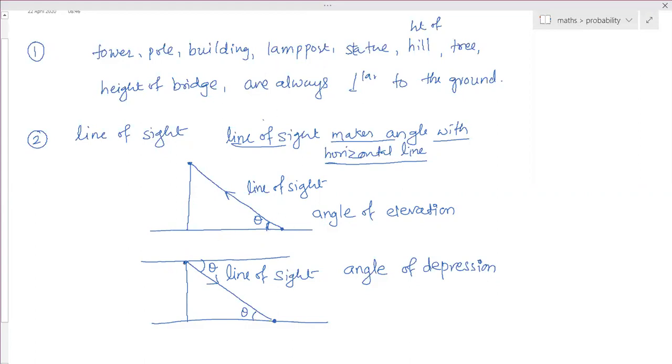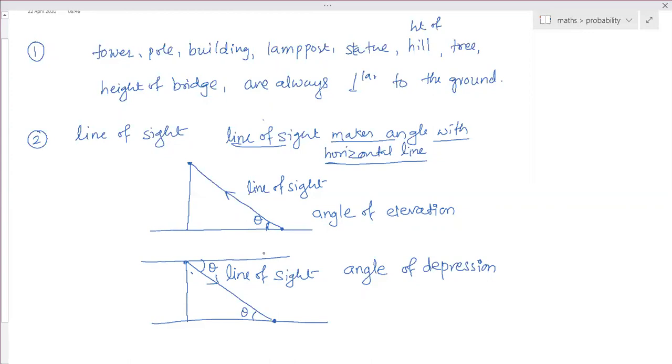And when he is at the top of the tower or top of the building, and when he looks downward, at that time it is not a ground. So we have to draw a line parallel to the ground at that position, and then make the angle with that. So that angle is only considered as an angle of depression. If you consider this angle, then it is completely wrong. Okay, is that clear? Everyone, angle of elevation and angle of depression are clear? Yes, ma'am.